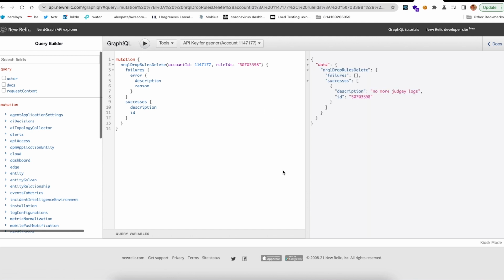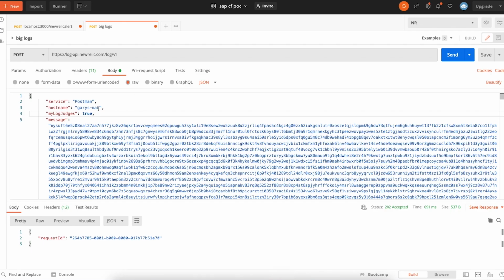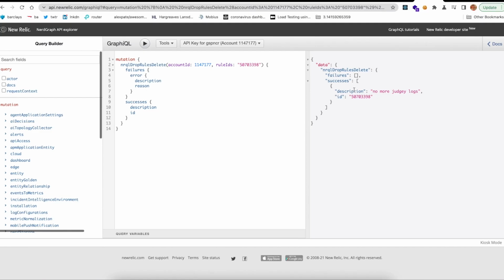so now I should be able to send these log messages back in. So if I set this to true, they should now be accepted in the logs UI, and this change is immediate as well. So these queries still make it in if I have a rule in place anyway, because what happens is we evaluate if there is a rule, and then we selectively drop that data based on the rule that you've put in place.